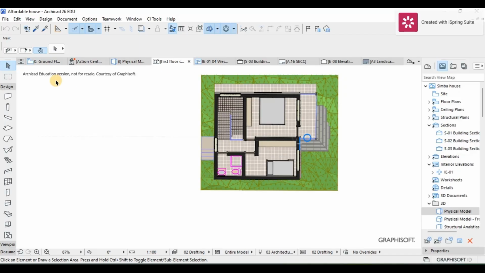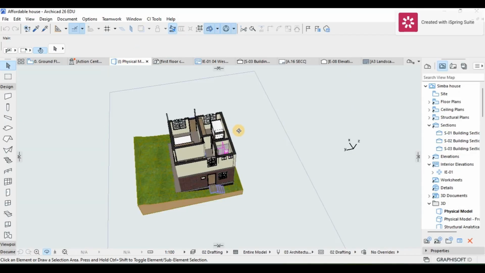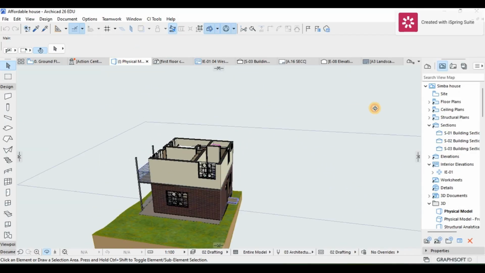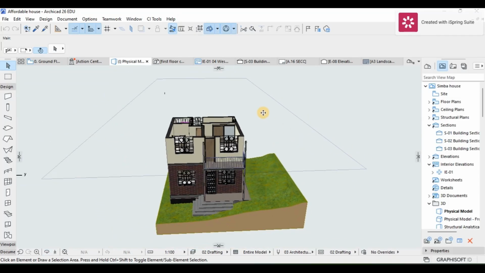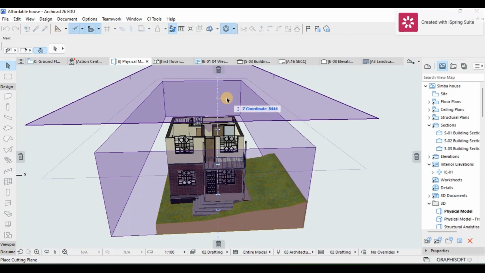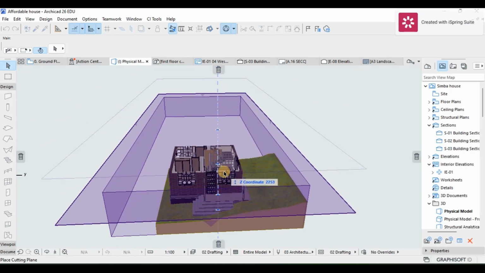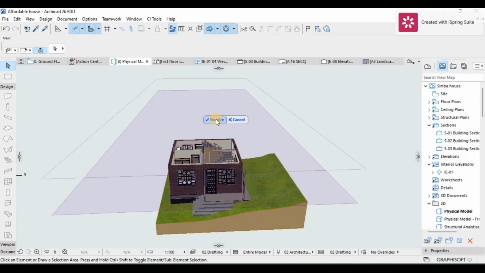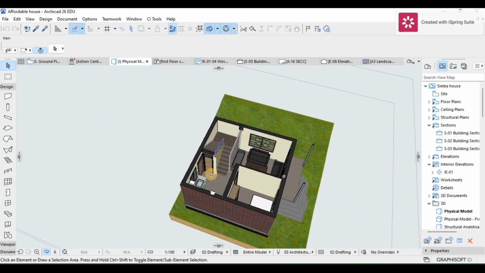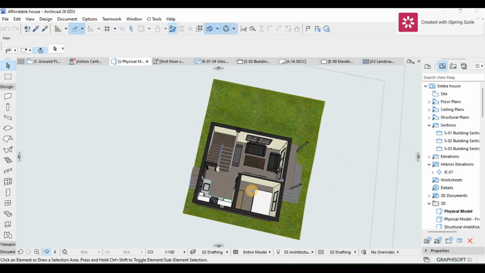So if I go back to my 3D model, the physical model, and I come here, you see it is still there in the 3D cutaway. I can escape now and take it again, and I can continue cutting it up, maybe let's say here for the ground floor, and then I finalize. And when I orbit like this, you can see my ground floor now is the one that is visible